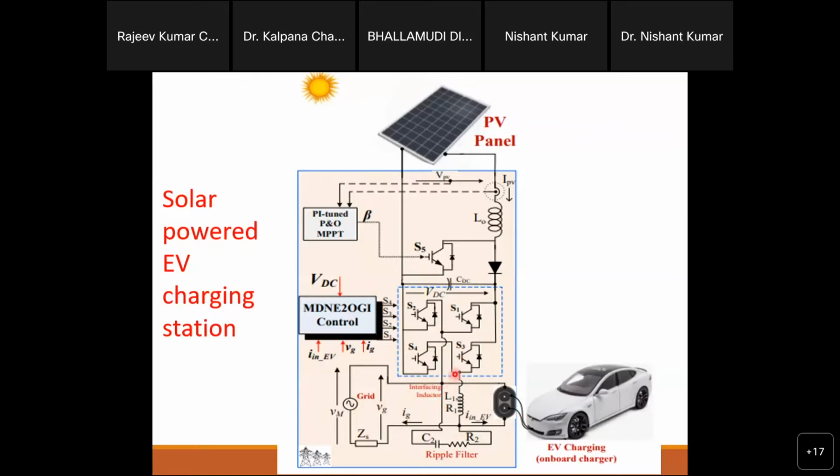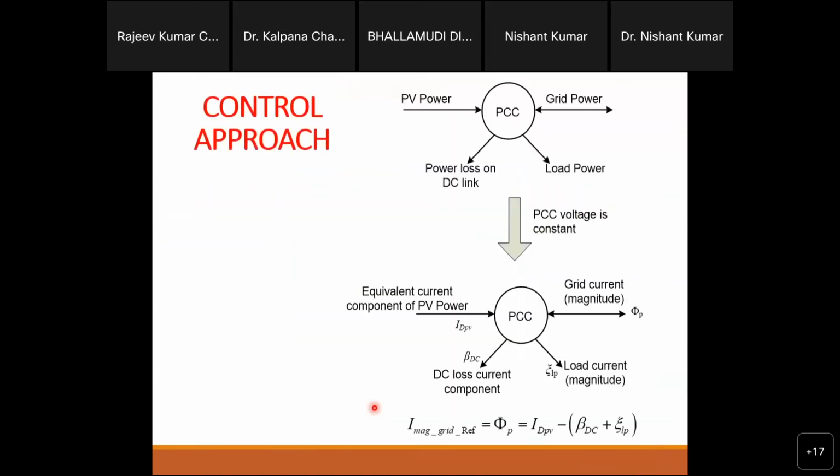If your estimation is higher than the load demand, then what will happen? If your estimation is high, you will generate much more nonlinear power. The load will take what it demands, but the rest will go into the grid. It means you are feeding those nonlinear currents into the grid. So if your estimation is less or more, in both conditions your grid will face problems. Here the accurate estimation of this nonlinearity is a very crucial point. Only if you are capable of estimating it can you say you are not going to create stress on the grid, right? So this is one challenging thing here.